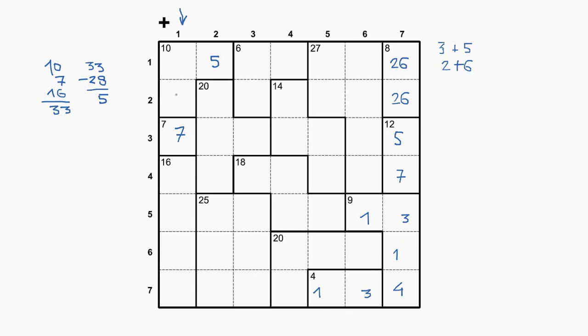And here has to be the summation of 5, and there are two combinations to make number 5. The first combination is 1 plus 4, and the second combination would be 2 plus 3. But at this moment we cannot know which of those two combinations is in these two cells. Okay,